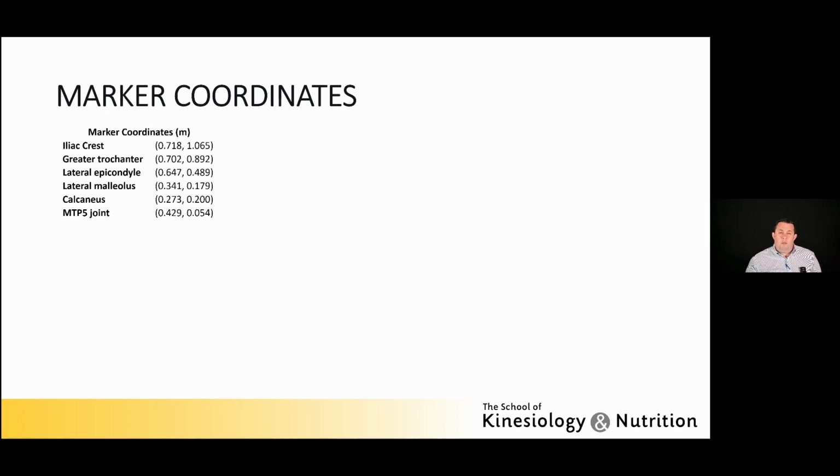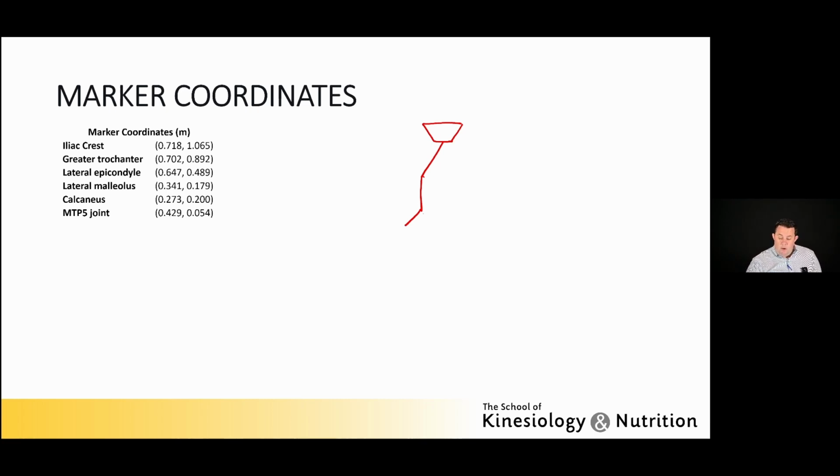Those are bony landmarks on the body where we in the lab would put those little reflective dots onto you to represent the locations of those bones. And so the way I like to draw this is, I'm not a good artist, but consider that we're looking at somebody's left leg and think about looking at somebody from the side. We would clearly have somebody's pelvis right here. We would have their thigh, we'd have their shin or shank, and we'd have their foot, right? That's clearly the side profile of a person.